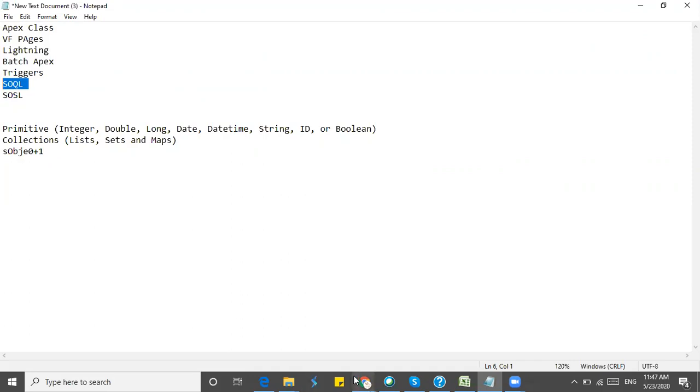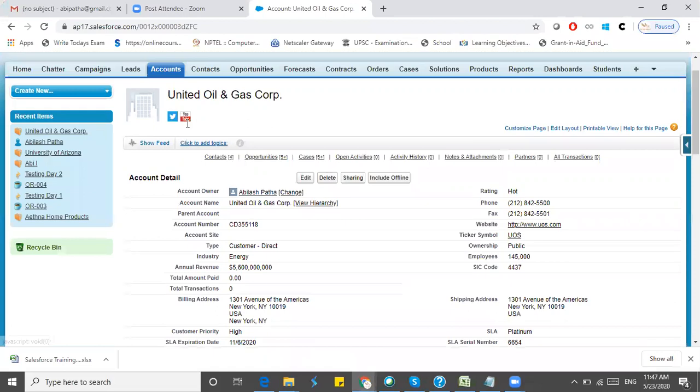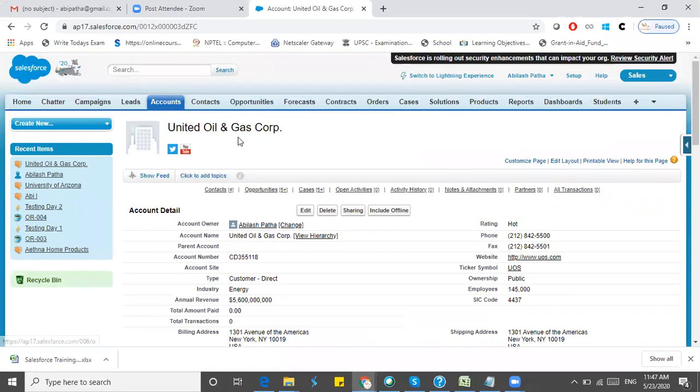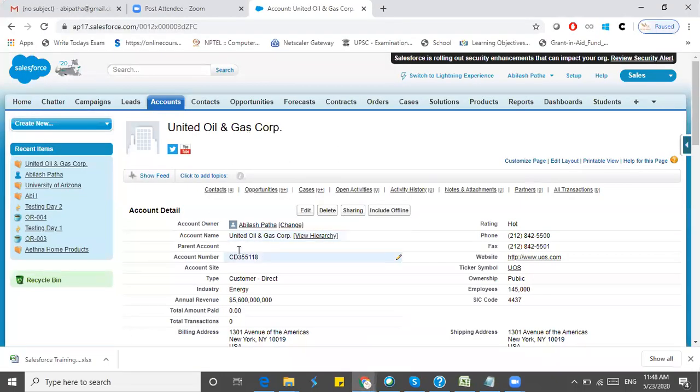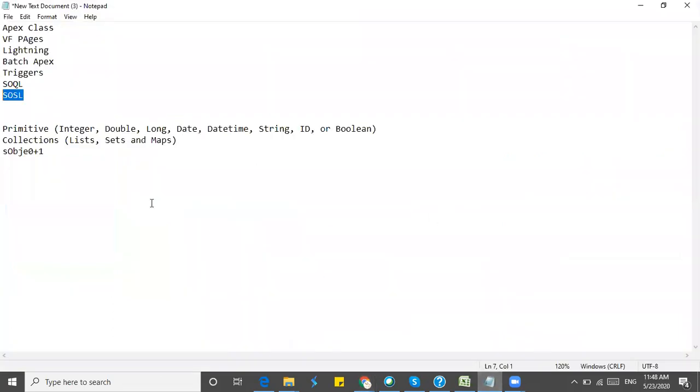If there is no relation between two objects, accounts and opportunities, then you cannot use SOQL mixed between them. But SOSL is like search. If you want to search a name, SOSL will search on all the objects in Salesforce and show some results.